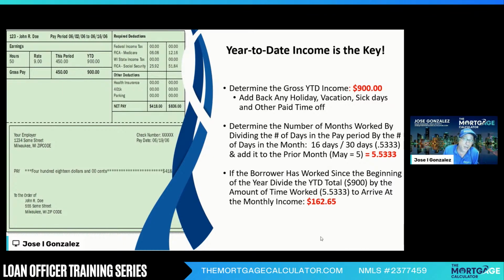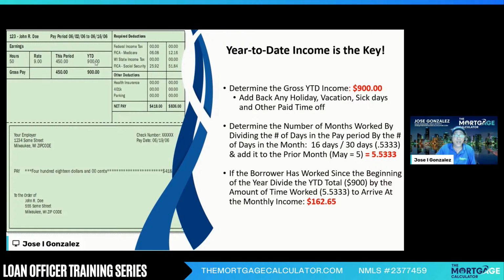Depending where you want to cut it off, I cut it off at the fourth decimal point there, 0.5333. That's 16 divided by 30, plus 5 months that had already elapsed in complete months because we're in June, so that's 5 plus the 0.5333, which means that we have a total of 5.5333 months that have been worked to have earned the year to date earnings of